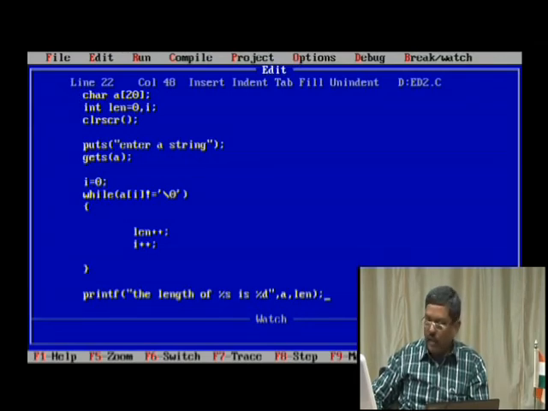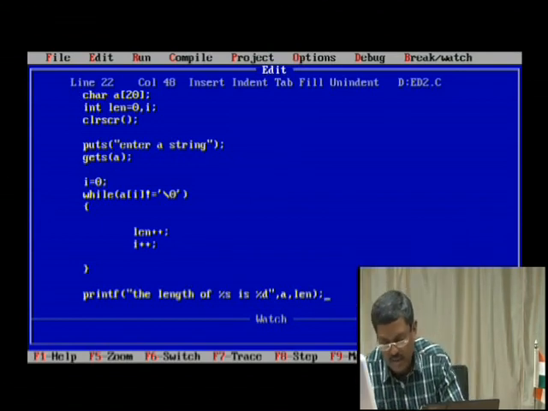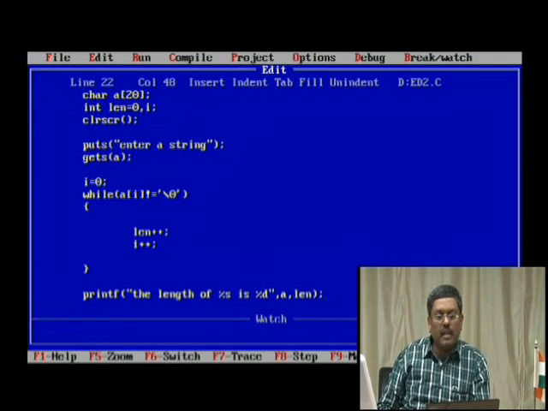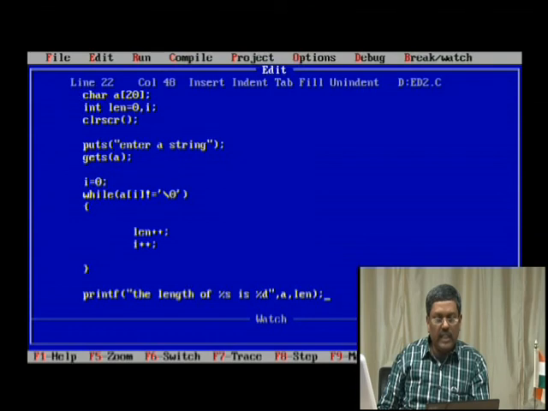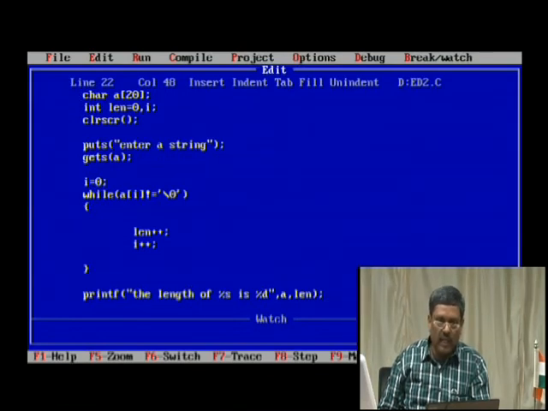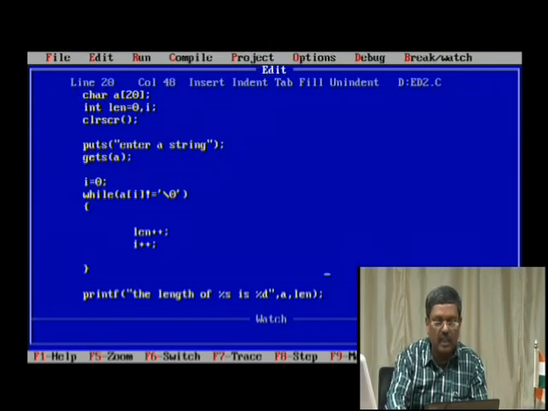So what we do is take up something very interesting. The next one is copy. It means how to copy a particular string into another location. So we need to have two arrays: one array for receiving the original string and another array for placing a copy of it. The function related to that is string copy, strcpy. So let me use that.